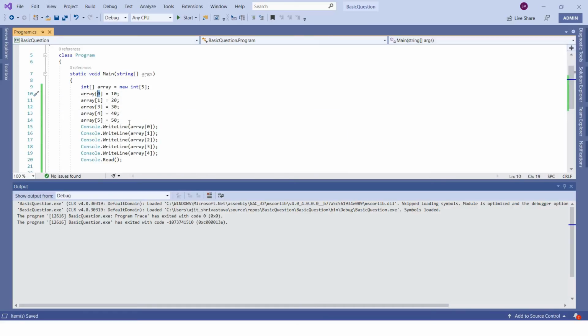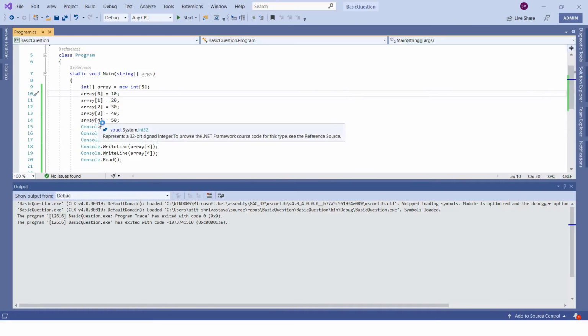For index 2 I want to give a value. Okay, so you just keep in mind, the first index will be 0 and the last index will be the size of the array minus 1. So total size of array is 5, so 5 minus 1 is 4. So the last value will always be at n minus 1. Okay, so 0 1 2 3 4 is my index.